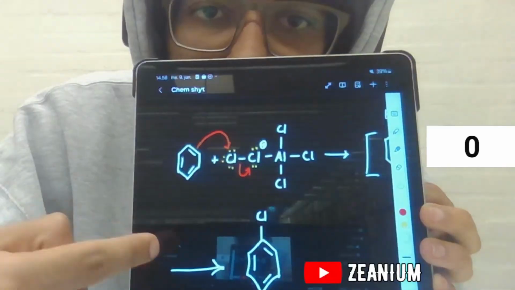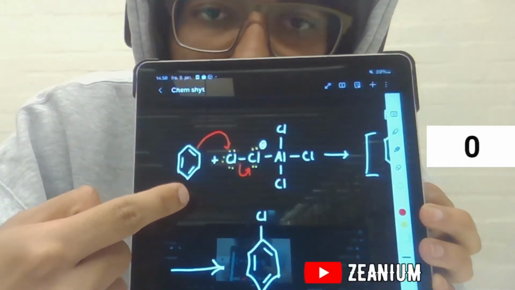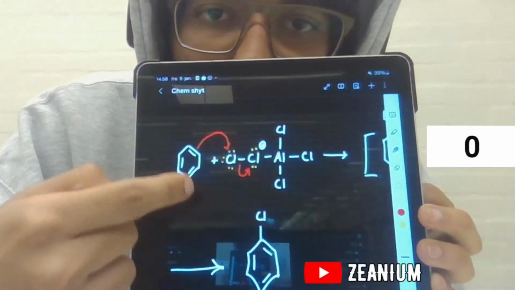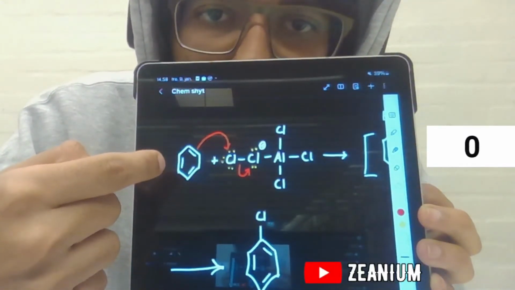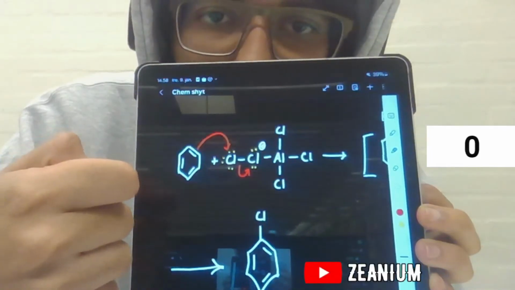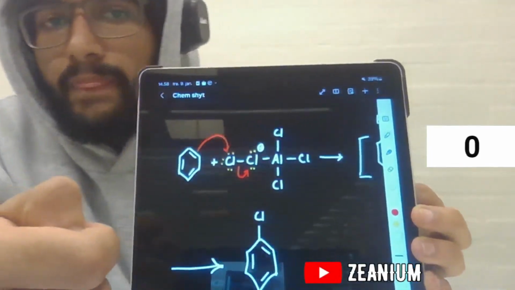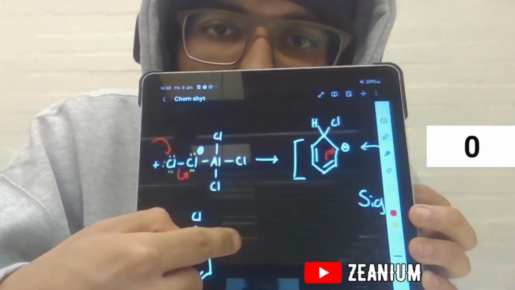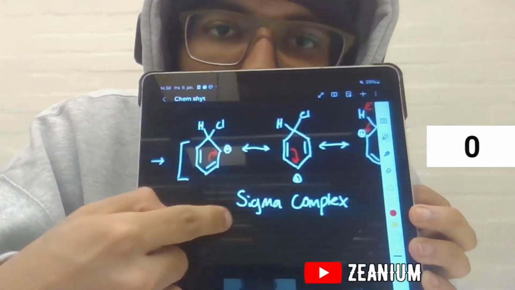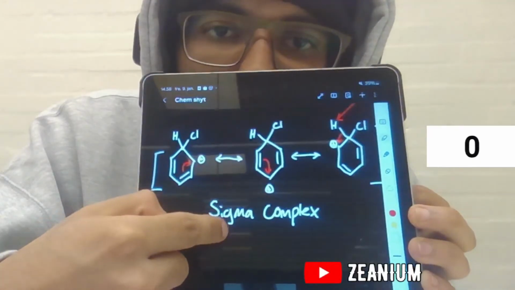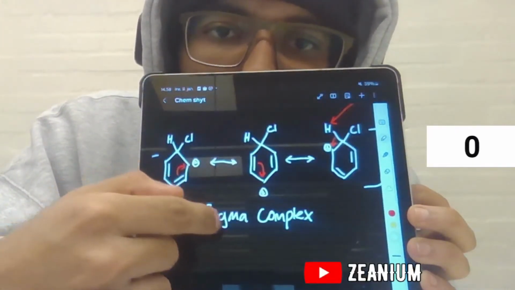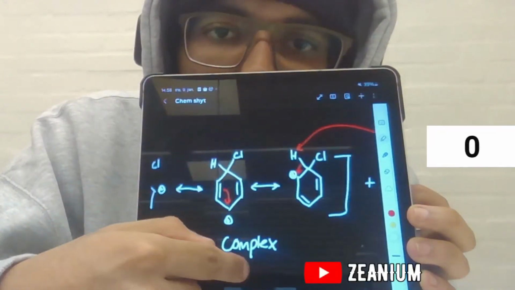Yeah, so the benzene attacks this compound, and then we created chloride plus, and then the sigma complex resonance, this hops there, the other one hops there, and yeah, so